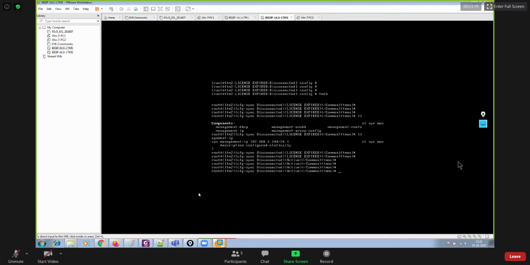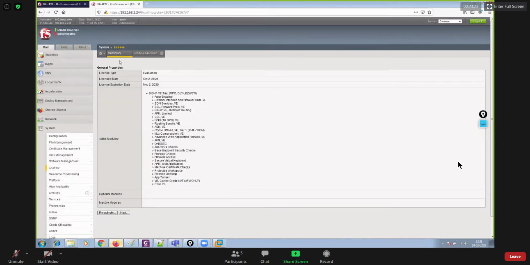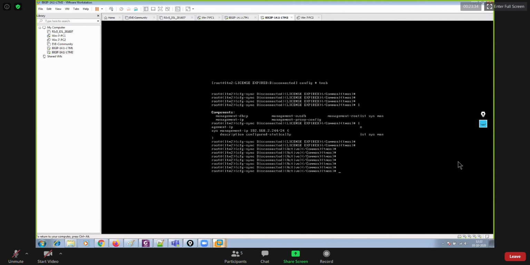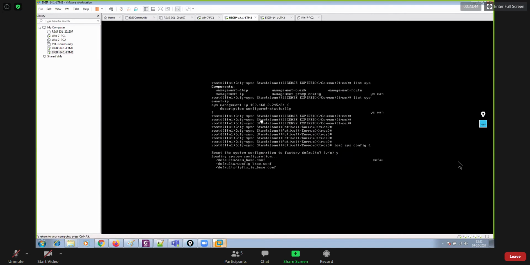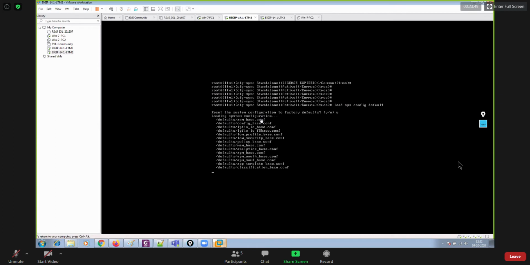It's active and available. Let me see that on the tab as well. Yeah, it's active online, but it is still showing me disconnected. So I'll go back to LTM2 and say load default config. Yes, and here we go. So what I have done is, on both of the LTMs, I have just